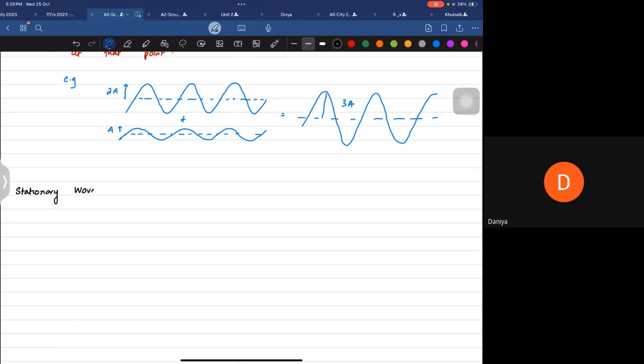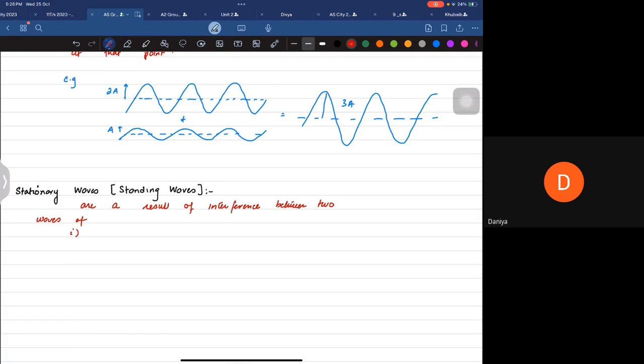Now, stationary waves, which are also called standing waves, are a result of interference between two waves